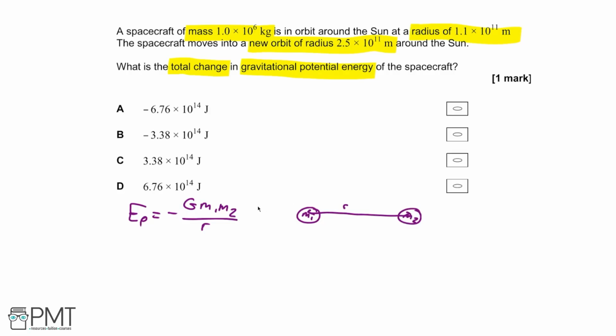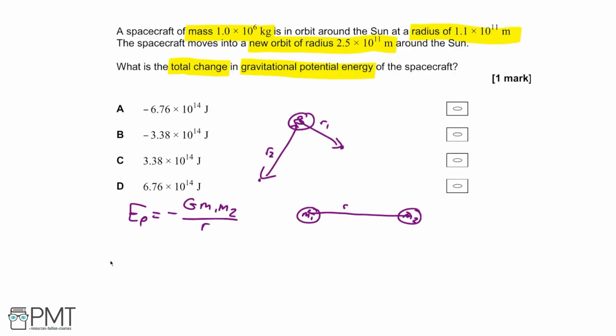Now, this has given us the potential energy that is present due to having two objects separated by this distance r. So from there, what we can do is calculate the change in potential energy by considering where the spacecraft is in each of its orbits. So, drawing a diagram, if we say that the spacecraft is orbiting the Sun and it's first at r1, and then later it's at r2, then because r1 and r2 are different, there has to be a change in